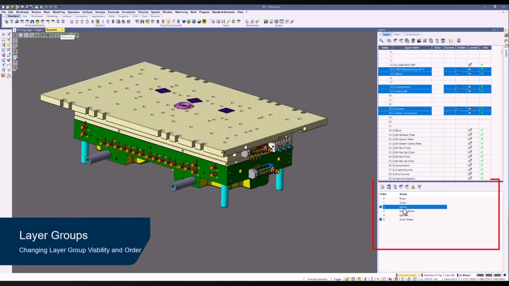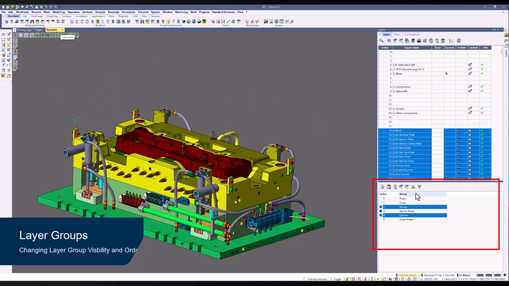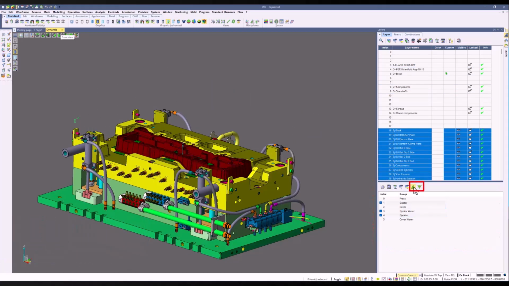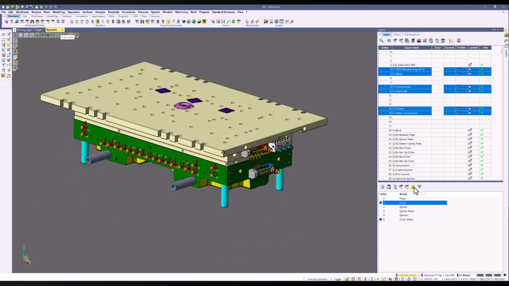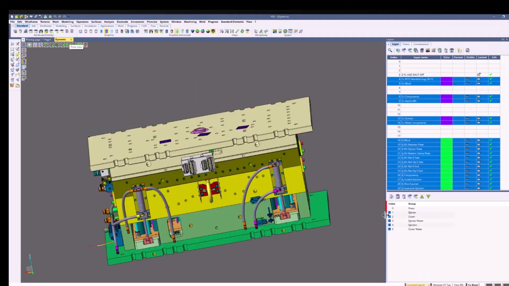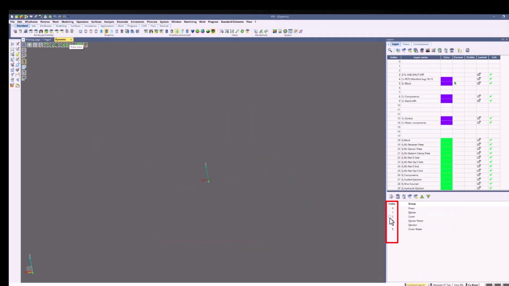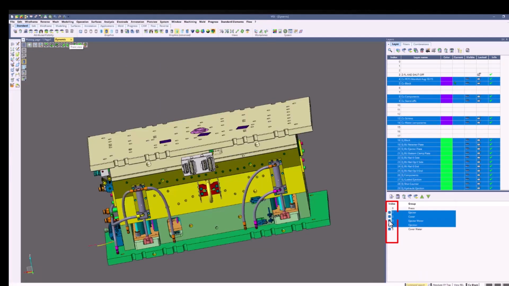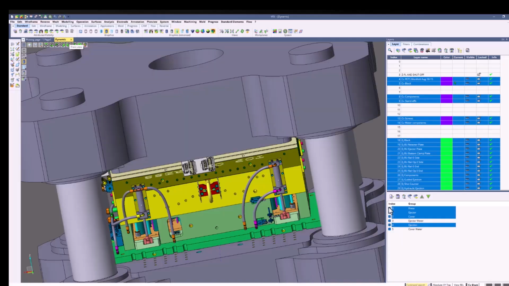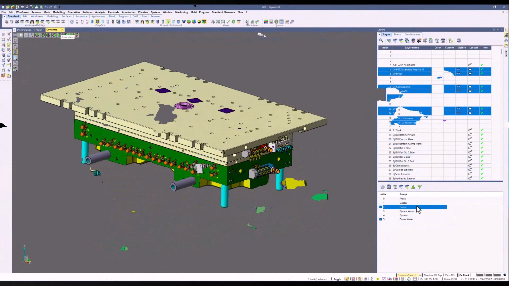Now I'll talk about layer groups. You have the ability, using these arrow keys, to move layers up and down in the order. This allows you to customize the ordering after the layer group's already created. It is also possible to use these checkboxes to turn on and off layers. This avoids you having to hit the Control key or Shift key to be able to turn on multiple layer